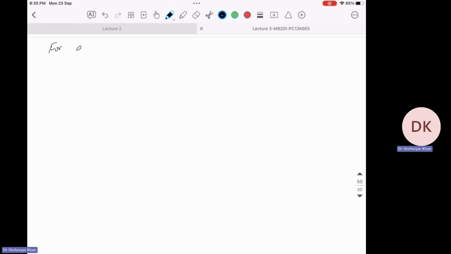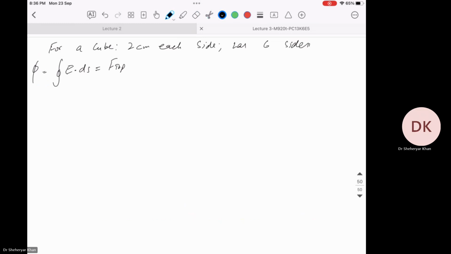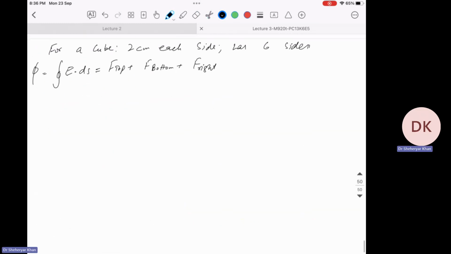For a cube, 2 centimeter each side, has 6 sides, right? So we can write the formula E dot ds. That's the flux. This is equal to F top plus F bottom plus F right. Now you can choose any side as a